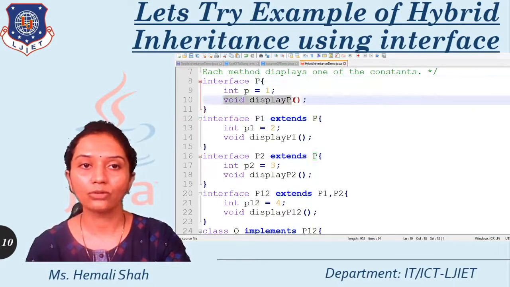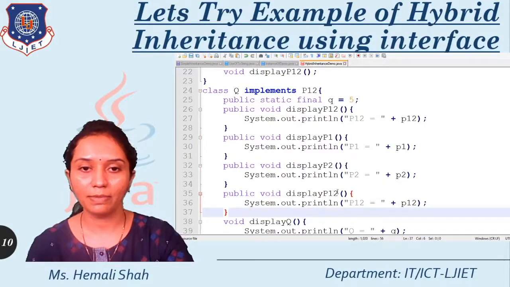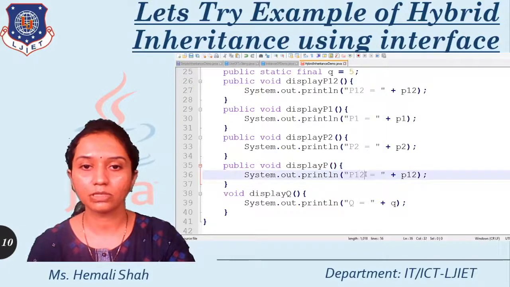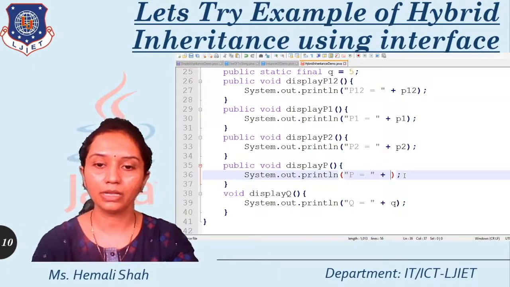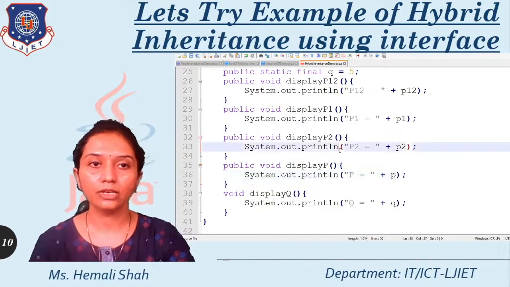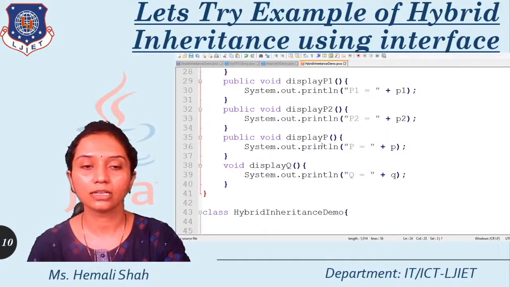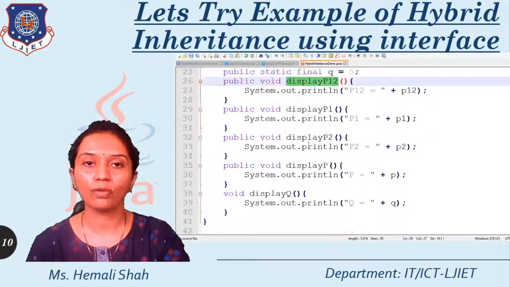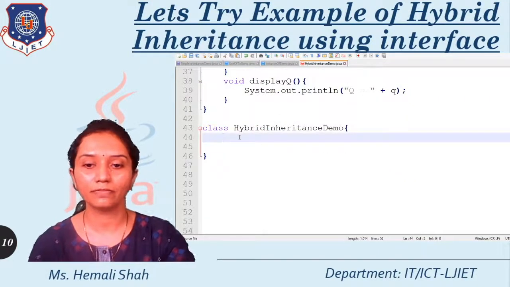Now see the common parent of these two interfaces, and it is p. So you again have to override this display p function. So this display p function I am going to override over here. Display p is responsible to print the value of p, and I just print the value of p over here, right? So when you create a class from many interface hierarchies, at that time your class is responsible to override all the functions which are available in super level interfaces.